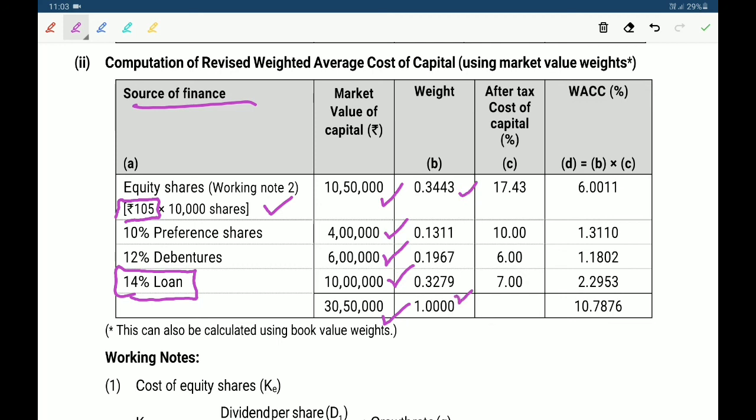Next, after tax cost of capital, we already find out. So ultimately it gives 10.7876. It is also a simple problem. Only difference is it gives new market price per share. That's why we have to find out revised cost of equity. Next, new 14% loan. We have to find out cost of debt. So this is the problem. Okay, I hope